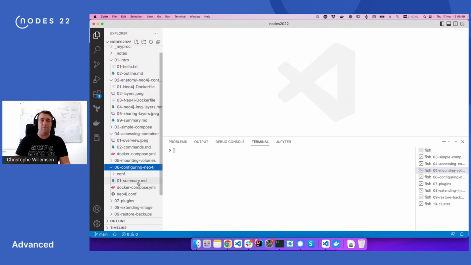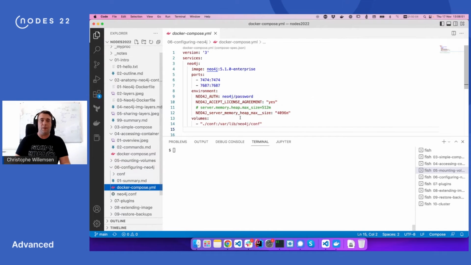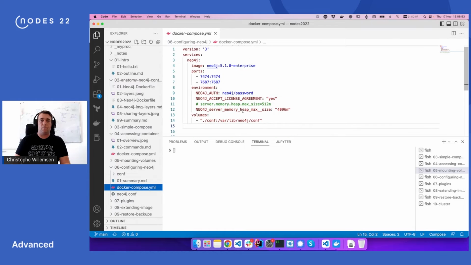Configuring Neo4j. Now this will be very interesting. What I will do, I will comment this line, we will go over it later, and I will provide a setting here. So what is important, when you look at the Neo4j configuration in the documentation, for example, in the operations manual, you will have the format that is the same as the neo4j.conf file that you find if you download the neo4j tarball,